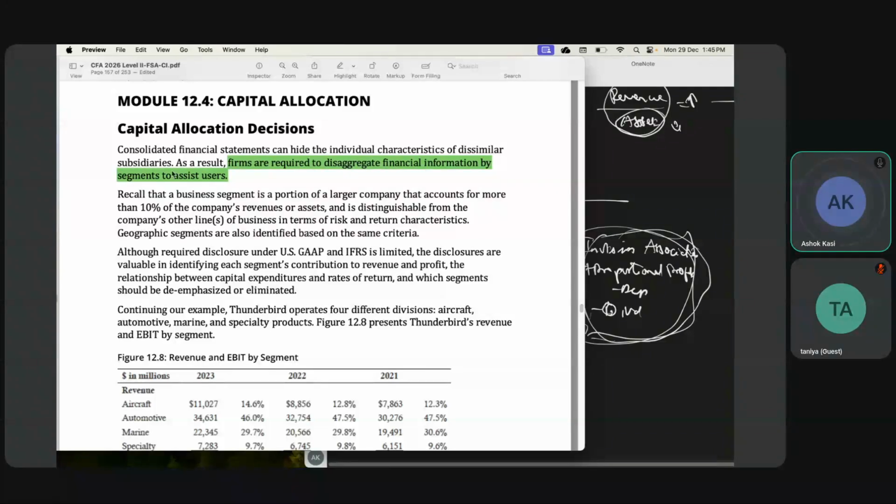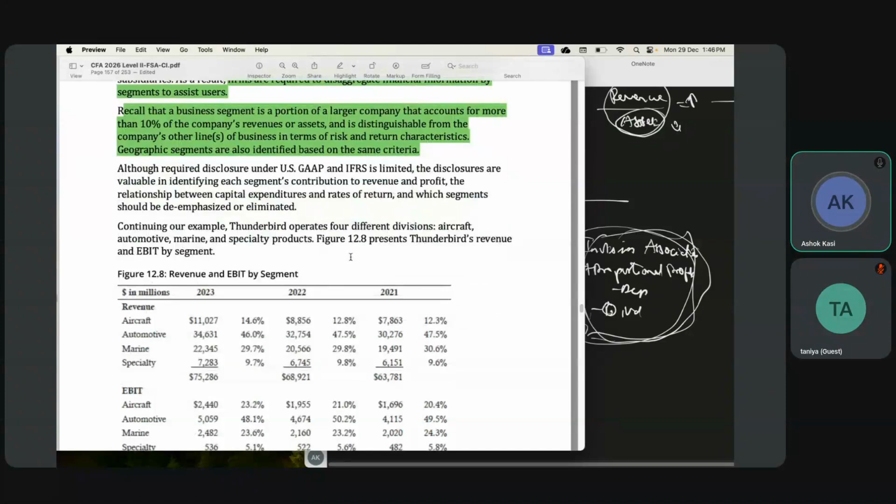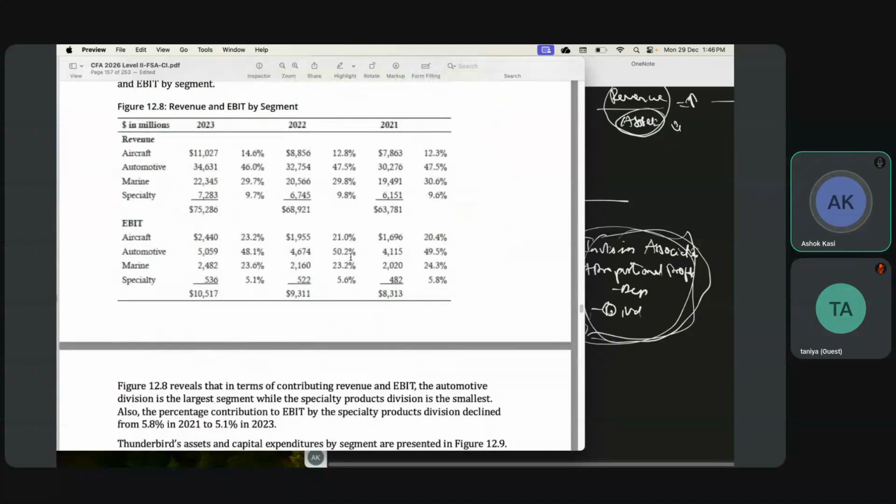Okay, so here, recall that a business segment is a portion of a large company that accounts for more than 10% of the company's revenue. So if any business segment is contributing more than 10%, then it should be distinguished. That is the rule. If it is less than that, then they need not. Then similarly,